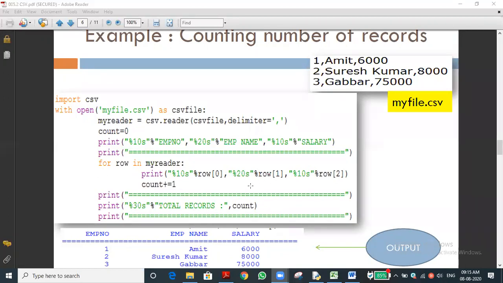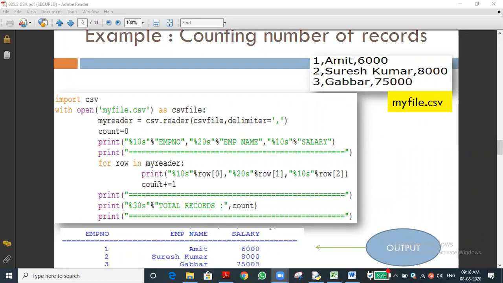And we are adding 1 to the count after printing this. Once one row is printed, the count value is increased by 1. Next, again the loop will take the second row. If the second row is there, it will print that, then the count value will be increased, isn't it? Till what? When will the loop execute? Till the number of rows.